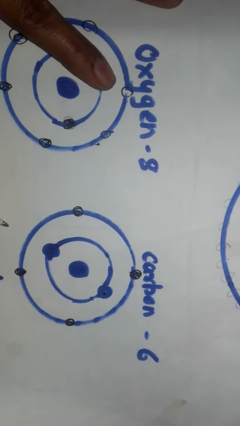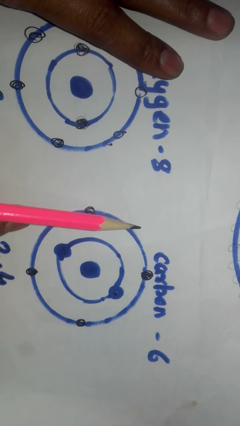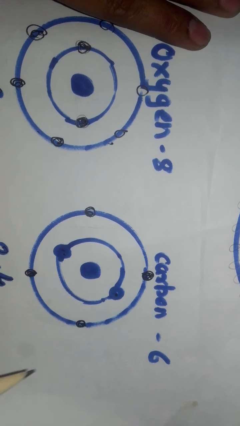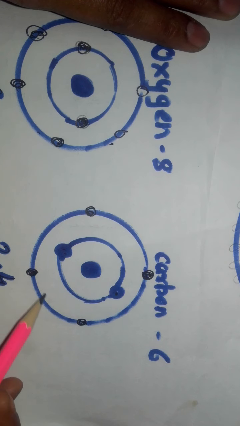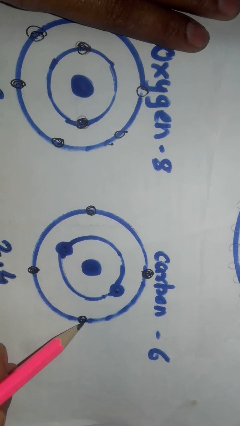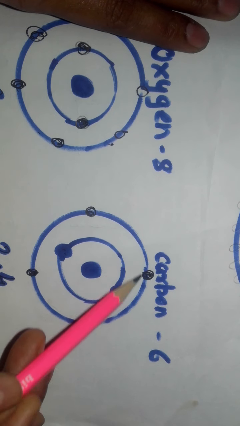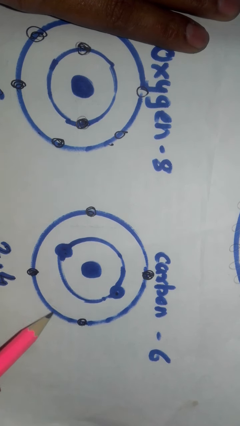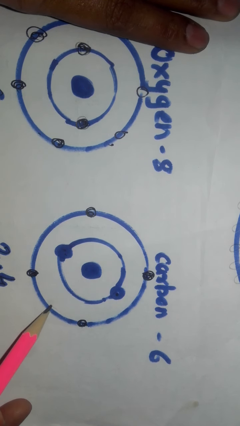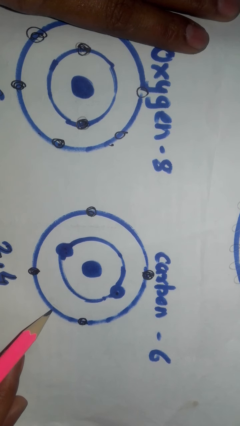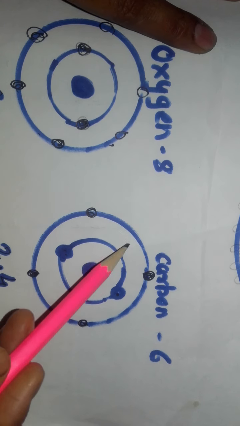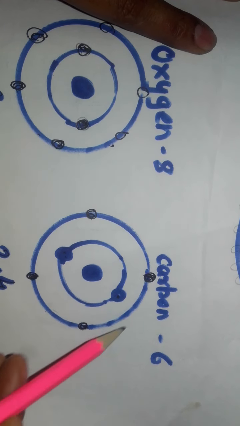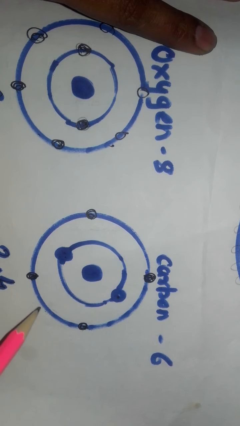See students, for example, here is the carbon atom. We know that the atomic number of carbon is 6. So we draw here 2 electrons in the K shell, then 4 electrons in the L shell. But how many electrons are needed here? What is the capacity of the outermost orbit? The capacity of the outermost orbit is 8. There need to be 8 electrons to complete the octet. So the valency of the carbon atom is 4. See, 4 more electrons will be filled up and the octet of the outermost orbit will be complete.